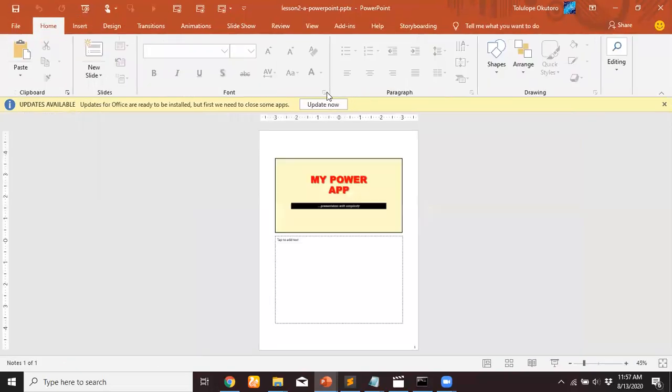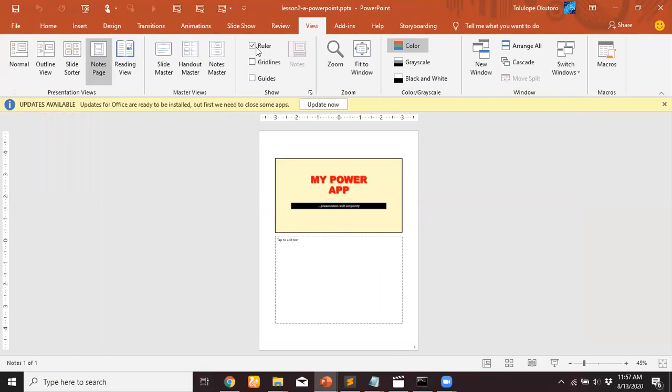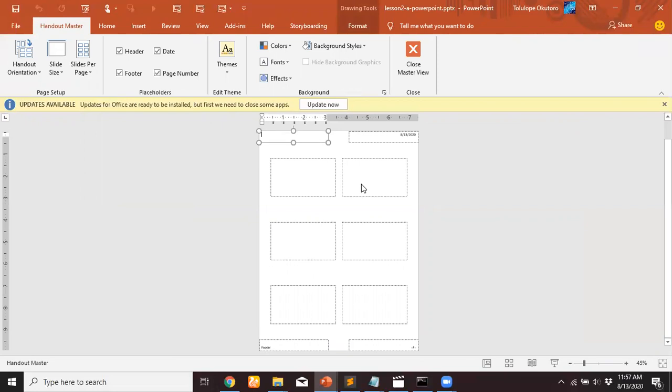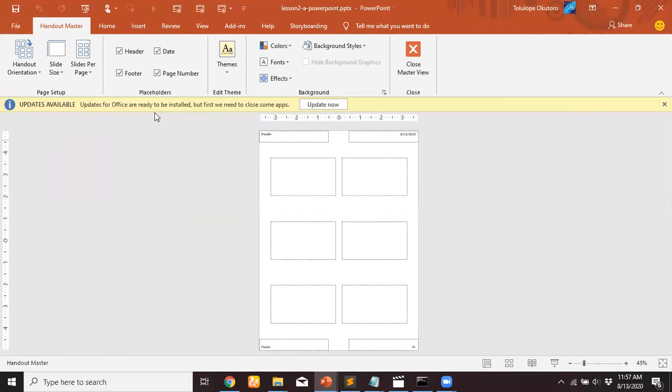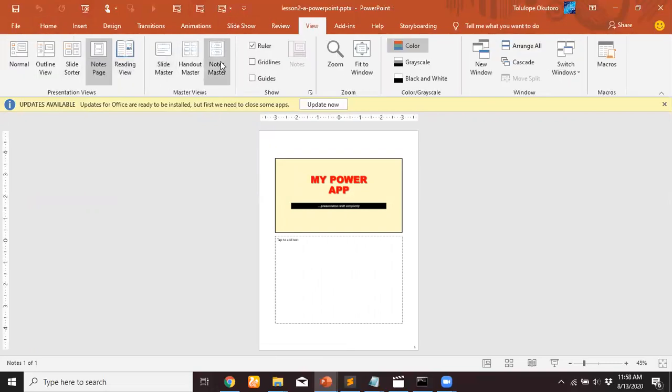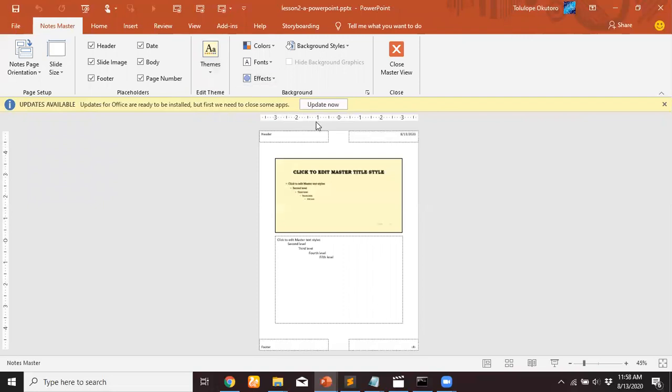So we close master view, come back to view, and let's check the handout master. Is the handout master? Okay. Handout master view, you could edit and work on this. All right, so it shows us the orientation, and they are just trying to help us understand what the view modes are all about. Note master view. So the note master view shows how objects and text are arranged. Okay, now